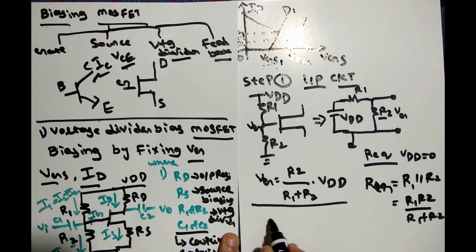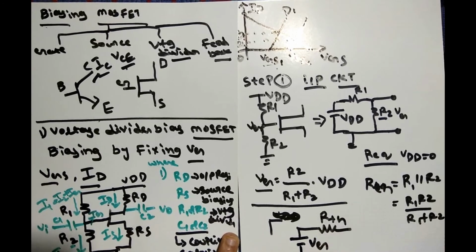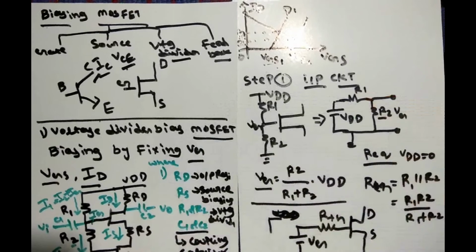So from this category, we can finally say that we are getting something like that. This is our VDD. We are giving an input source like VTH. Whatever we got, VG or VTH, we can call it VG. From that we are getting RTH, or we can call it RG also. And from this we are giving to our MOSFET. This is your drain and this is your source connected here. This is the input circuit we built from the previous configuration.